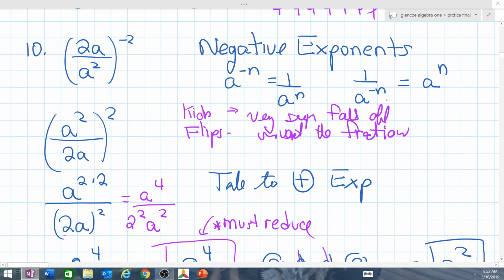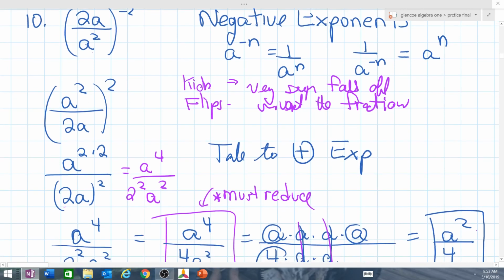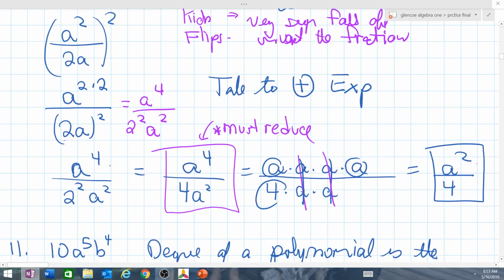1 over a to the negative n equals a to the n. So you're going to kick it. When you do, the negative sign falls off, and you flip or invert the fraction. So now instead of it being 2a over a squared, it's a squared over 2a, and that whole quantity is squared. Now you take everything in the numerator to the power of 2, a to the 2 times 2, which is a to the 4th, over 2 to the second, a to the second, which is a to the 4th